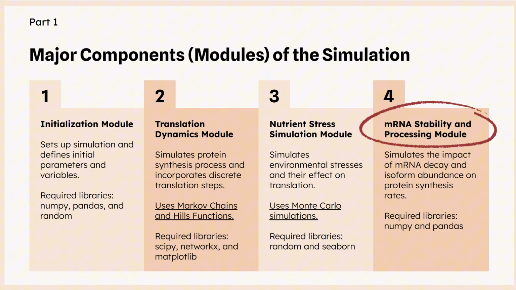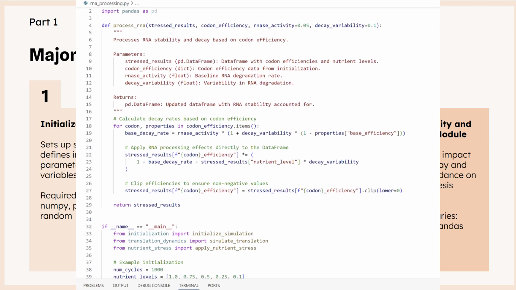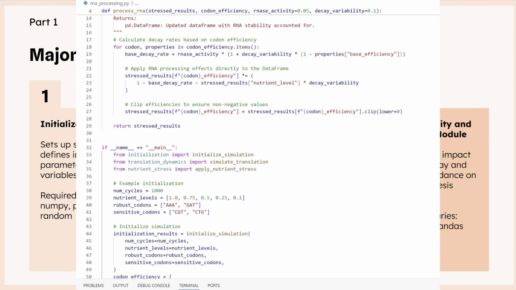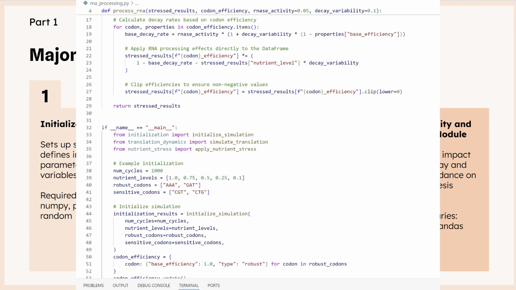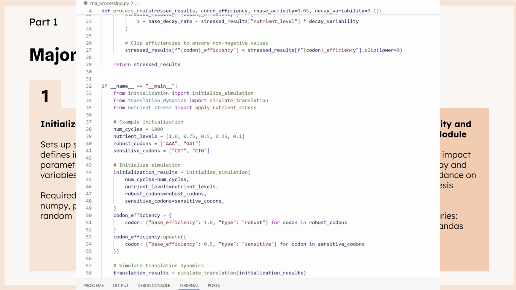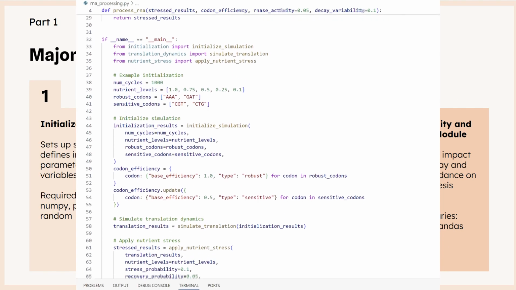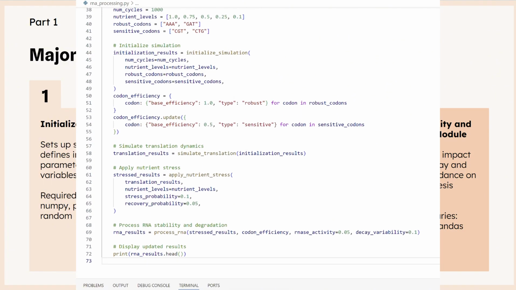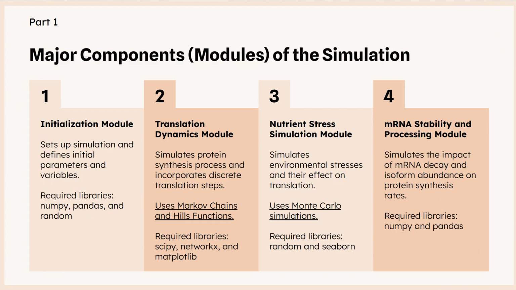The mRNA stability and processing module simulates the impact of mRNA decay and isoform abundance on protein synthesis rates. It models RNA degradation using parameters set for RNase activity, incorporates transcript isoforms, and uses codon-specific rates and Shine-Dalgarno strength to simulate initiation